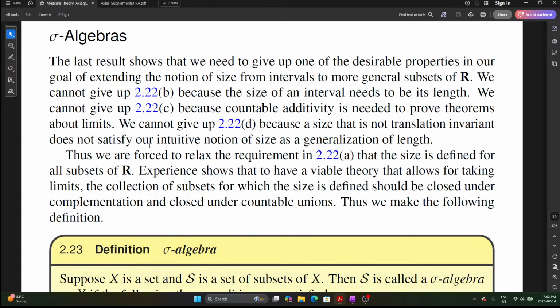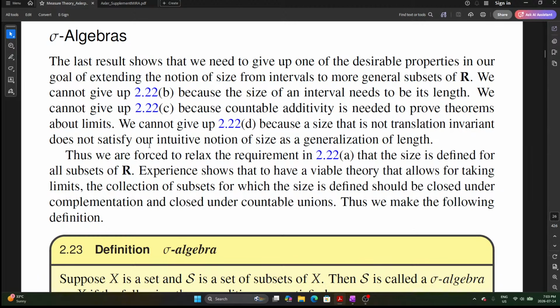Given a universal set, the biggest collection of subsets is, of course, the power set. A sigma algebra is a smaller class of subsets. It is particularly important in measure theory